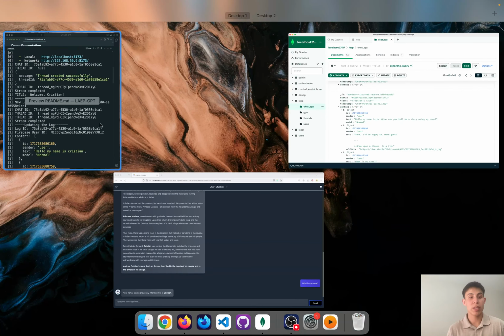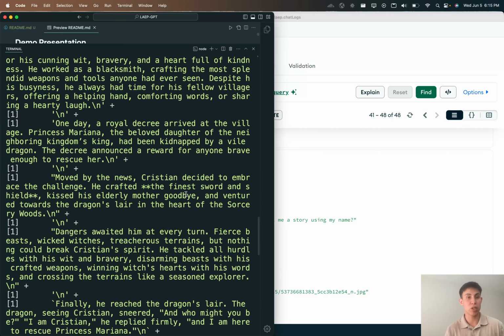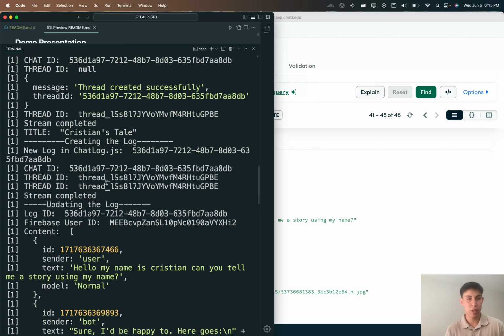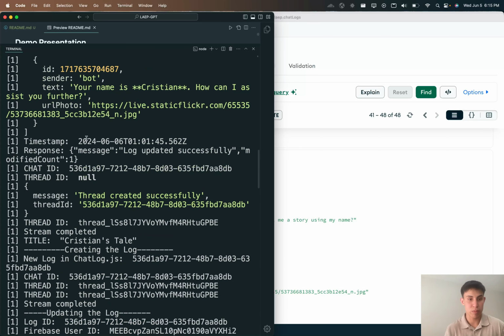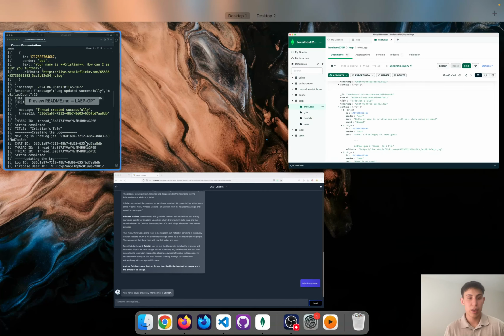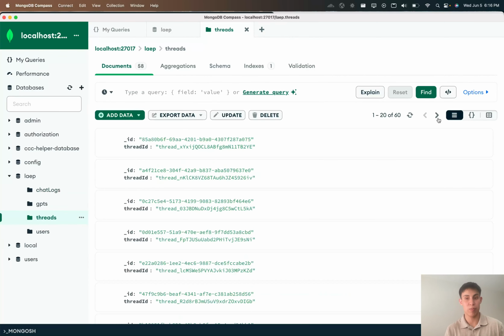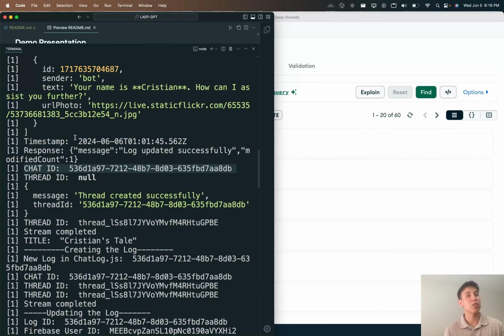However, let me go ahead and show you guys what happens when I create a new chat. So here's the terminal. This is just being outputted on the server side. When I go up and send a message, I have this chat ID, the same chat ID here. It's going to search if there is a current thread in our database in this collection right here. Because this is the first message and there's no previous context, it'll go ahead and use the